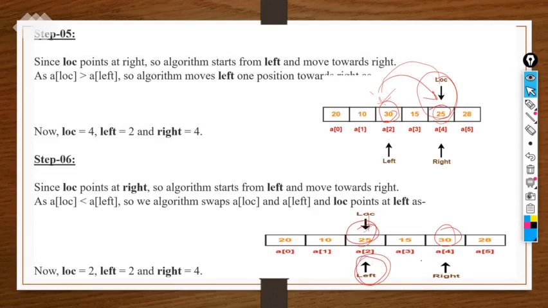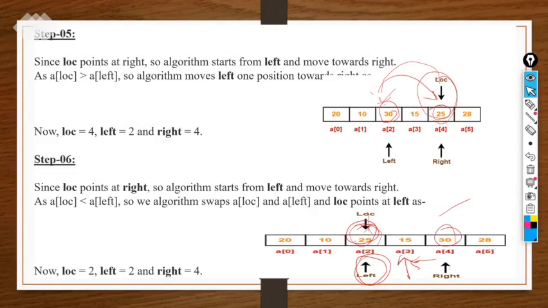Now we don't need to move this left because LOC is present on the left now. So now you have to come to this side. You can move the right position. So sometimes you have to move from left to right, or sometimes from right to left. It depends on the LOC position actually. Wherever the LOC position is, we will move in the opposite direction. So now we have to check whatever is present on the right position, that is 30. It must be greater than 25. Is it greater than? Yes, it is greater than. Then it's okay.